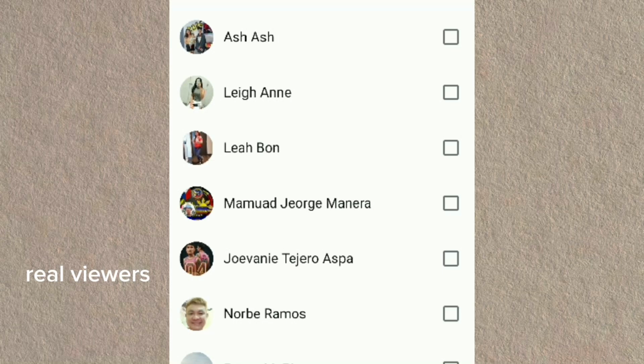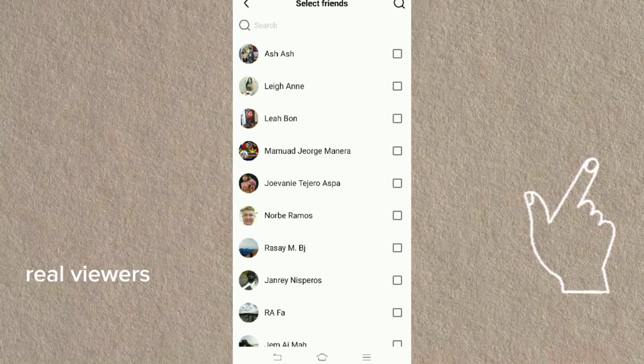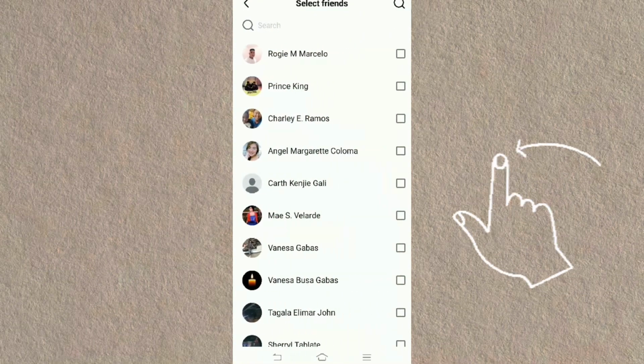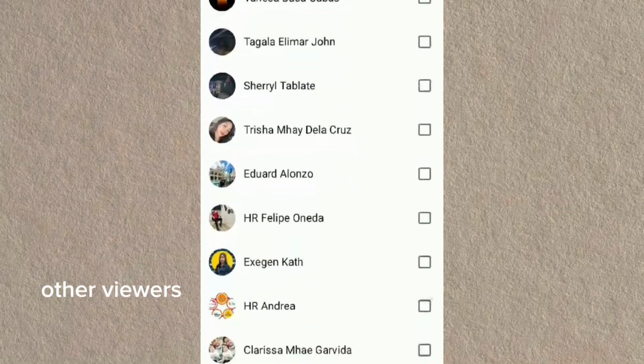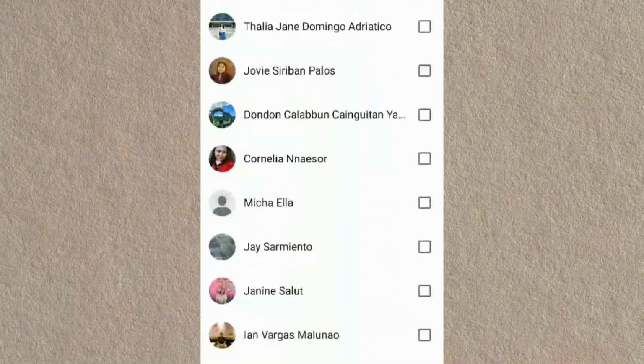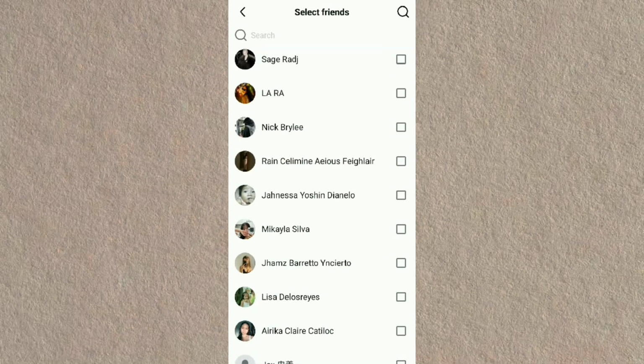So these are all your Facebook friends on your Facebook account. So just slide to the side so you can see everyone who is viewing your Facebook My Day story in your Facebook account. By the way, if you want faster steps to see your others on your Facebook My Day,